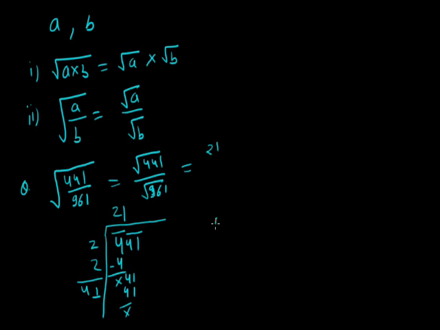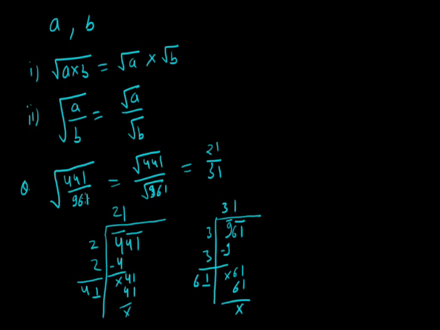In the same way, we apply it to 961. We have to find the square root of 961. We have to make the pairs of 2. So 3 square is 9. We have to subtract, and bring down 61. We have to add 3. 3 plus 3, that is 6 with a blank. So here it is 61. So to get 61, we have to write only 1 here. 61 into 1, that is 61. So nothing is left there. So the square root of 441 is 21 and the square root of 961 is 31. So this is our required answer. So under root of 441 upon 961 is equal to 21 by 31.